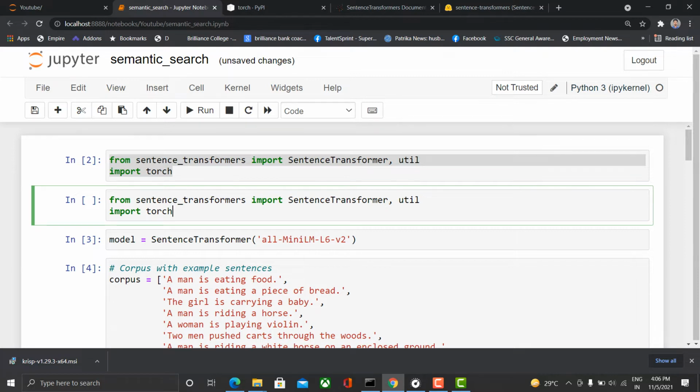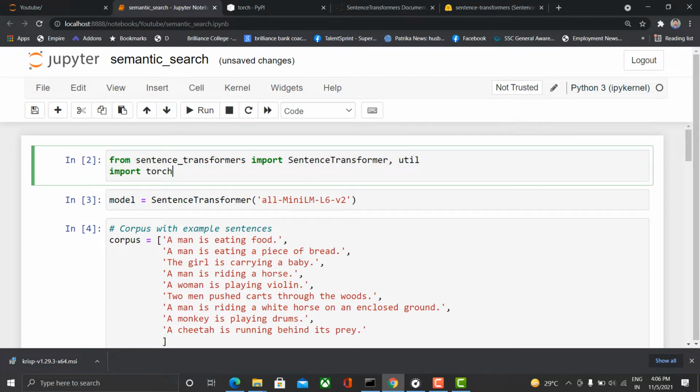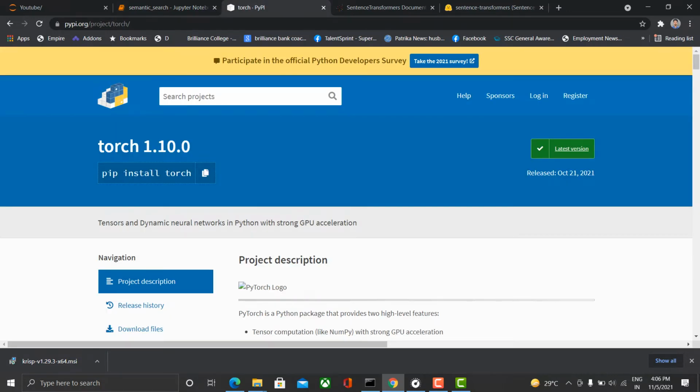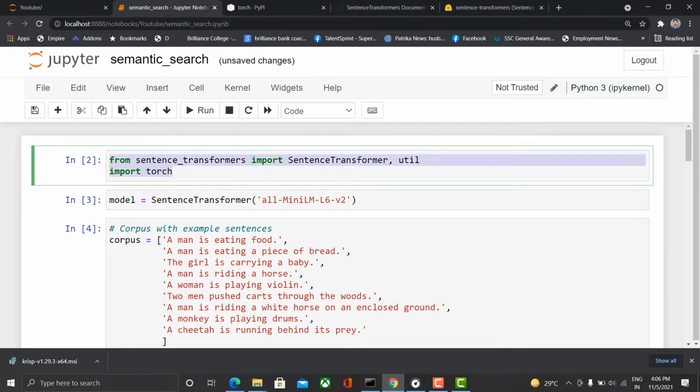In this video I will be explaining how we can use the sentence transformer for finding similar kinds of queries. Before initiating this process, I would like to tell you about the sentence transformer and the torch packages. These are the two libraries that you must have installed in your local system. If you have not already installed them, use the command pip install torch, and for the installation of sentence transformer use pip install sentence transformer. By using these two commands, you will be able to install these two packages in your systems, and then import them in your Jupyter notebook.